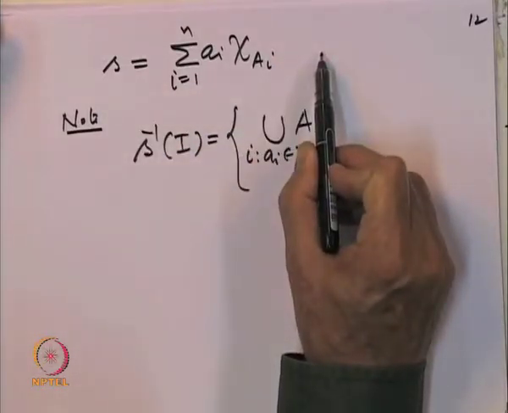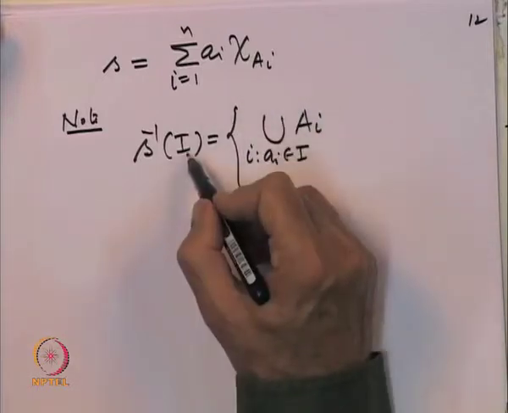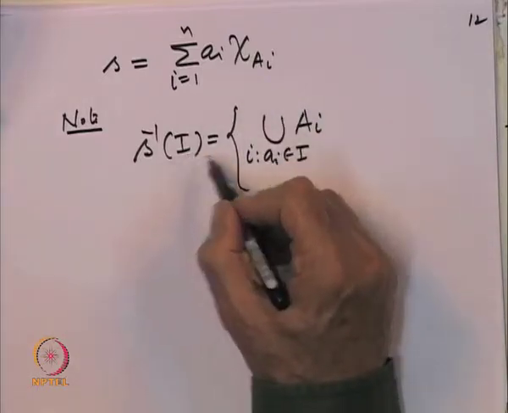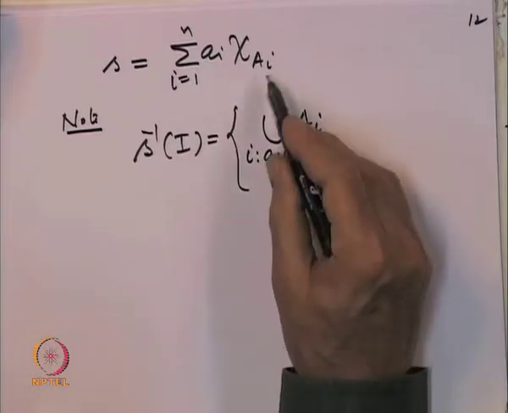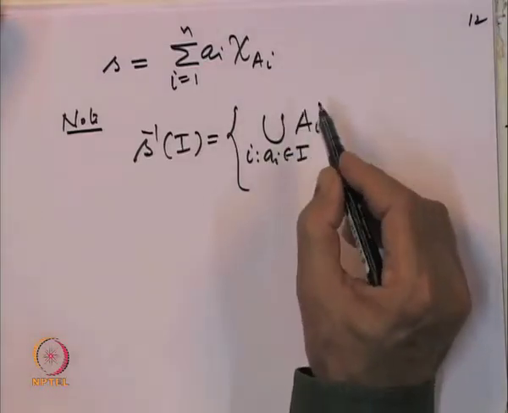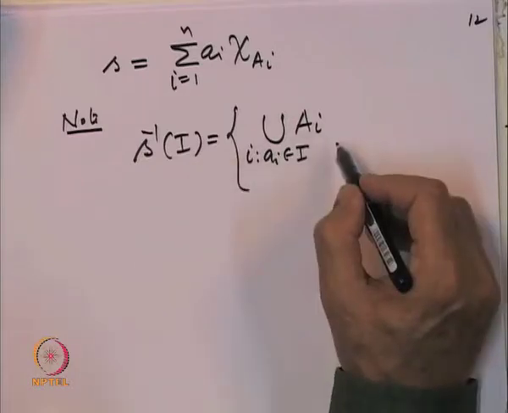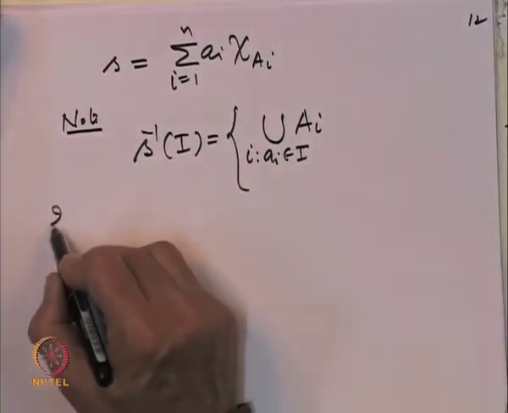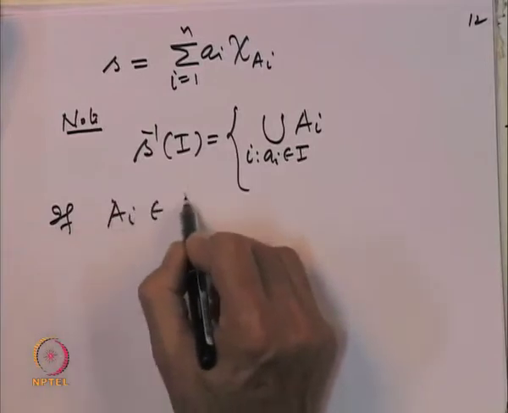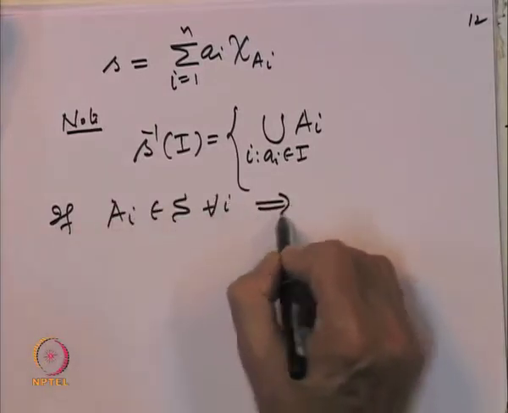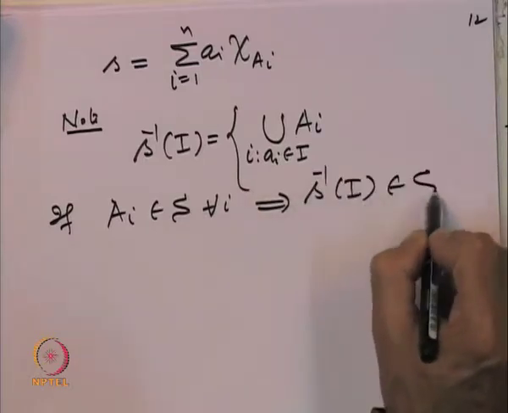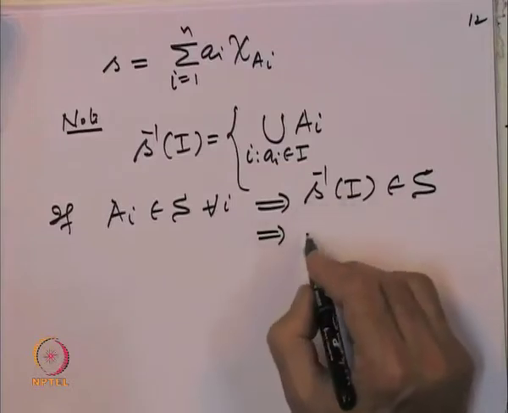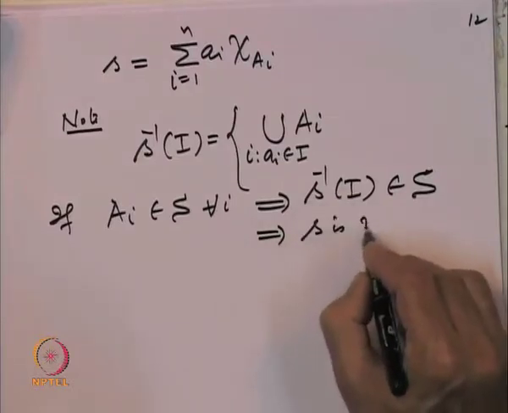Let us once again observe that s takes values a_1, a_2, ..., a_n. So, look at the inverse image of an interval I. Look at those i's such that a_i belongs to the interval I. The pullback of this will be the set A_i. So, look at the union of these A_i. So, s inverse of I is a union of A_i's. So, if each A_i belongs to the sigma-algebra S for every i, this will imply that s inverse of intervals belong to S, which implies that s is measurable,